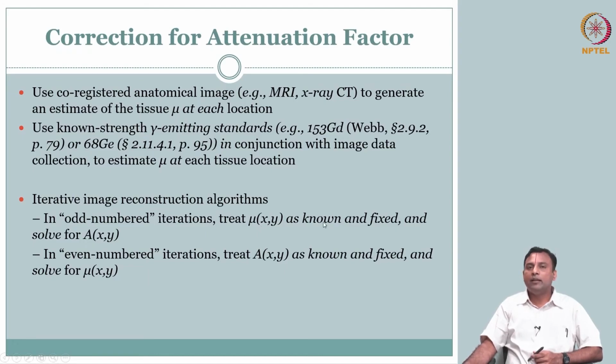So, I will have some guess start for my mu, okay, and then try to get my a, but I am not happy. So, once I get my a of x y in the next iteration, I will treat a of x y as known and try to solve for mu of x y. Likewise, you iteratively do this until some optimization, you say, okay, this is a threshold on which you stop iterating